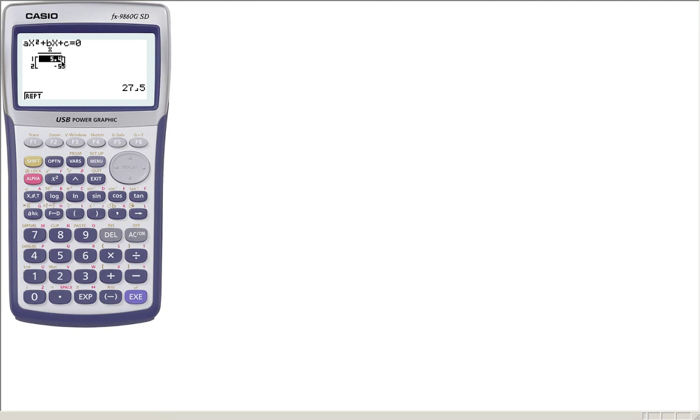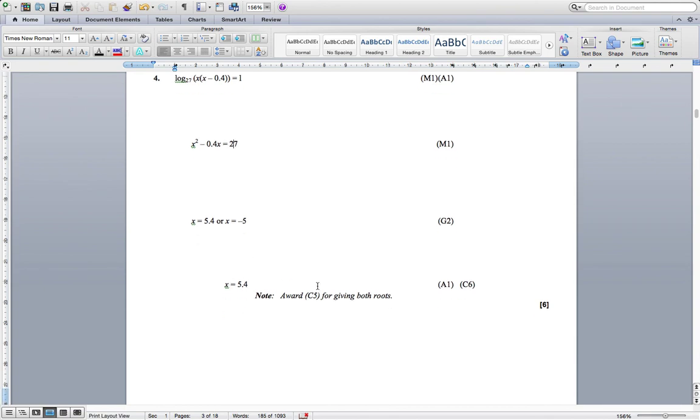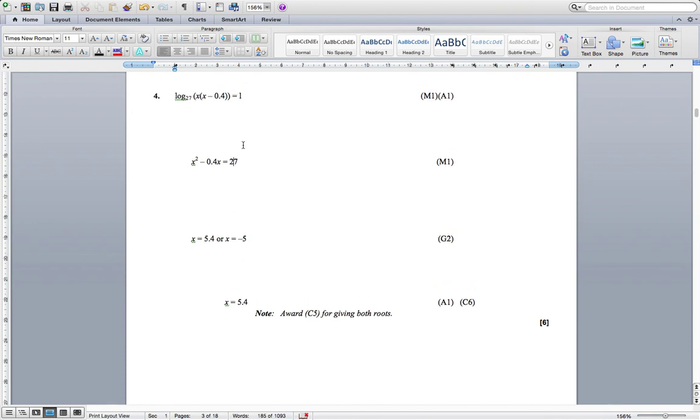Okay, you get two values, students. One is 5.4 and the second one is minus 5. Okay, so here you can see that both answers are 5.4 and minus 5. But again, since logarithm cannot be defined for negative numbers, x is 5.4. Yeah, so you can see it's mentioned C6 here. So what it means is, even without writing all these steps, if you just write the answer as x equal to 5.4, you'll still get full marks in this particular question. But normally I won't recommend that. So please write down the steps, and if not,